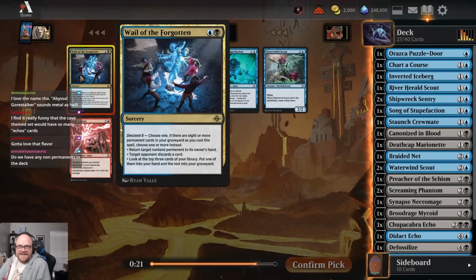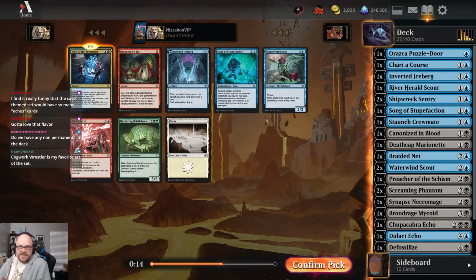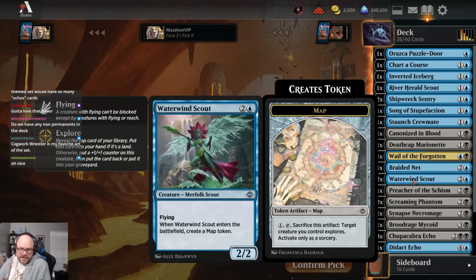Well, we get a rare in our colors, which is like an okay card no matter what, but if we ever get to send 8 and it gives us all 3 modes, I think we are happy. Another Iceberg would be nice. Scout too, but I think we take the spell. It isn't a permanent, which is annoying. We want as many permanents as we can muster, but